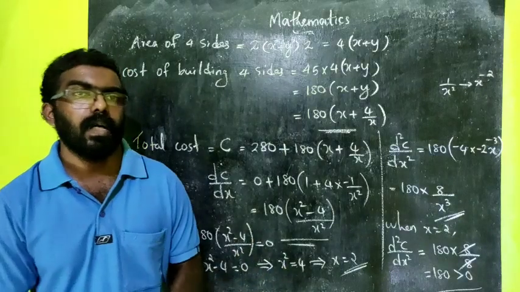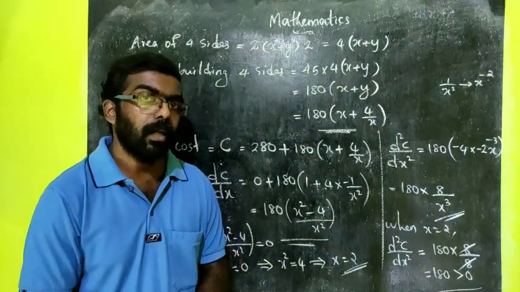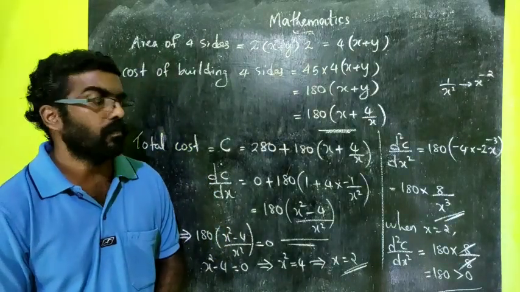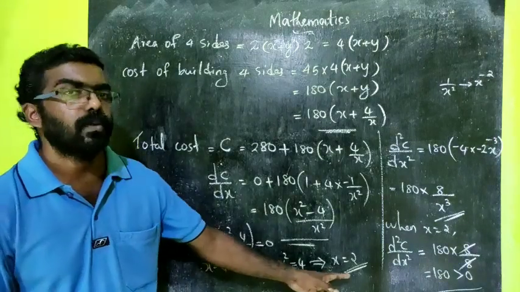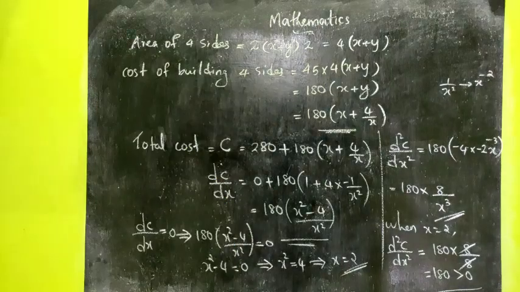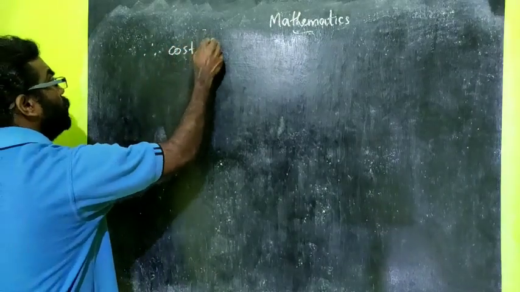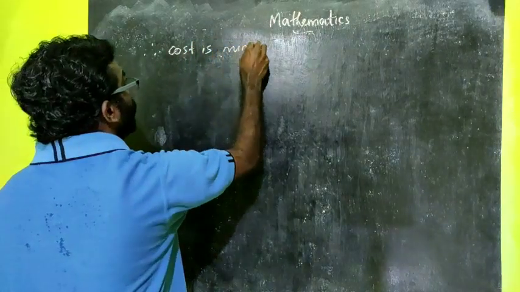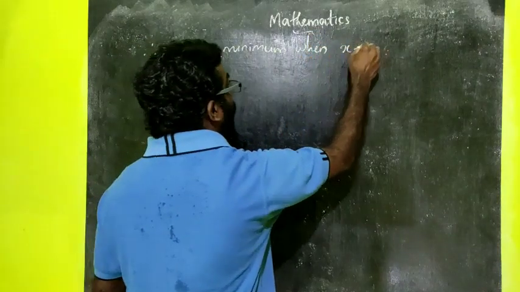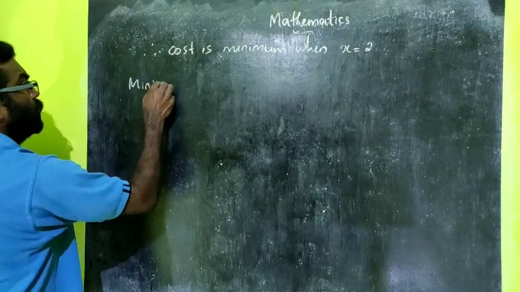So what we can conclude? Second order derivative is positive. That means the function attains its minimum value at the critical point. So here the cost is minimum when x is equal to 2. And then we can find the minimum cost. Therefore, cost is minimum when x is equal to 2. And the minimum cost is equal to,